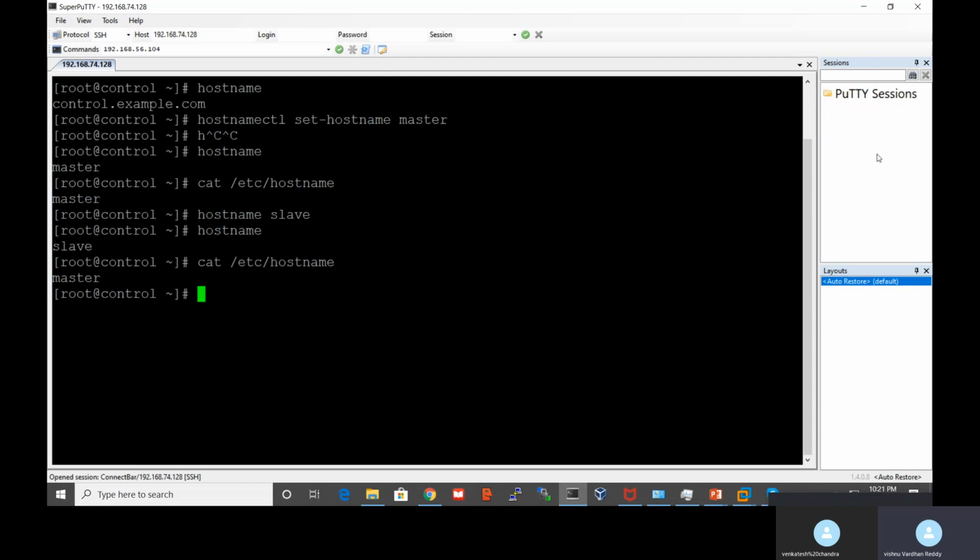Whenever it is restarted, it will again take whatever hostname is in the hostname file, and be reconfigured to return to the same hostname. So this is the process. What hostnamectl does is it sets the hostname and then restarts the hostname service. So that's the reason for this command, hostnamectl set-hostname master. hostnamectl will change the hostname and then restart the service. Then it will also change the configuration file. So this is how to change the hostname file.